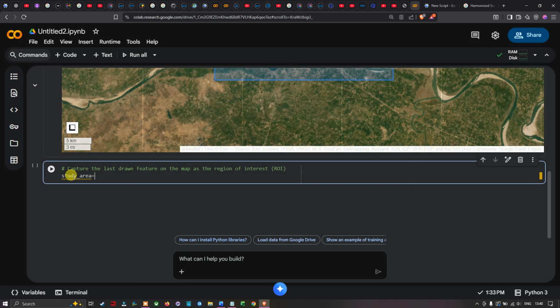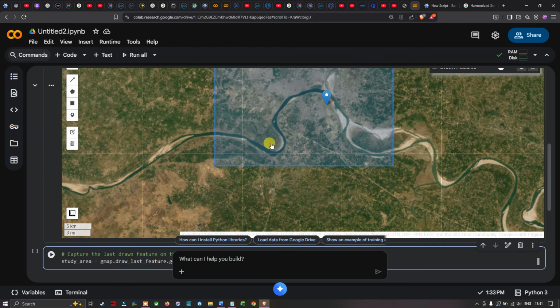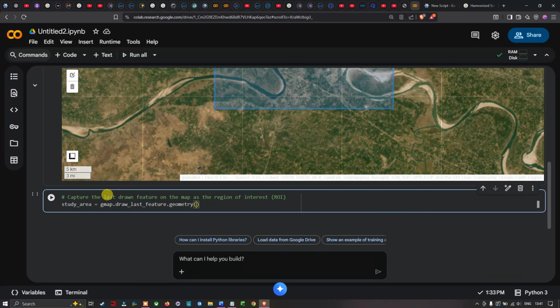and let me give some space to it, and I'm going to mention geemap, and it automatically pops up here called draw last feature. So I'm going to select tab here. I'm going to accept this, and I'm going to mention dot geometry. So basically geemap keeps track of these drawing interactions. The draw last feature refers to the most recent feature we have drawn here, which refers to this particular one, and it's going to refer to the draw last feature. And what we're going to do is mention study area,